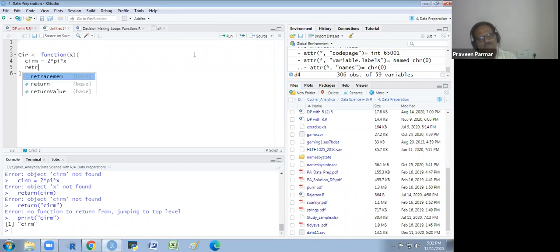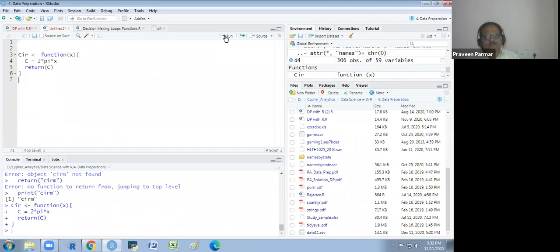Return we will take always. And CIRM. Okay, I give a single letter, then we see what happens. Otherwise I have to give the quotes over there also. It's like basically that. Now it's working.